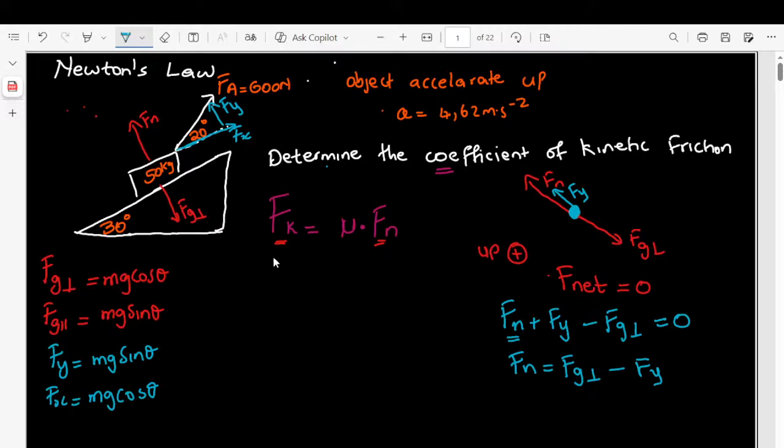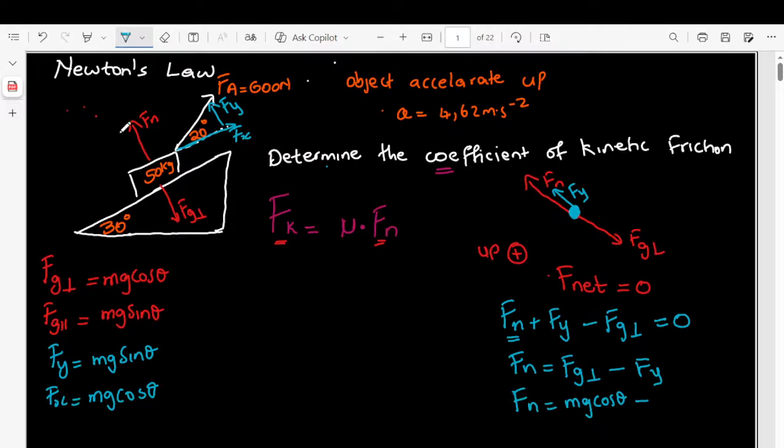So remember, if a force is applied at an angle, there is a vertical component that will reduce the weight, which means it reduces what? The normal force. If you understand that part, you are good to go. So what you need to do now, to find your normal force, we need to say this will be my Fn, it equals Fg perpendicular, we said it's mg cos of theta, minus Fy, we said,